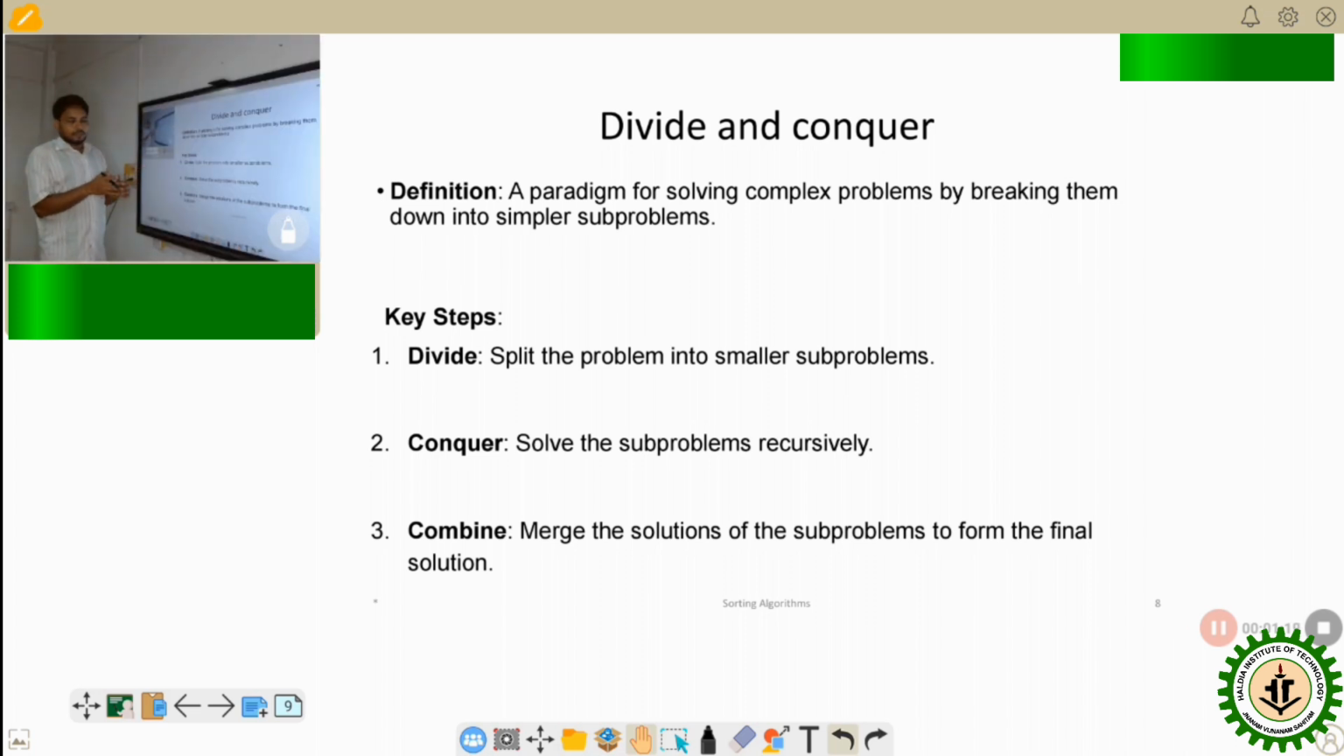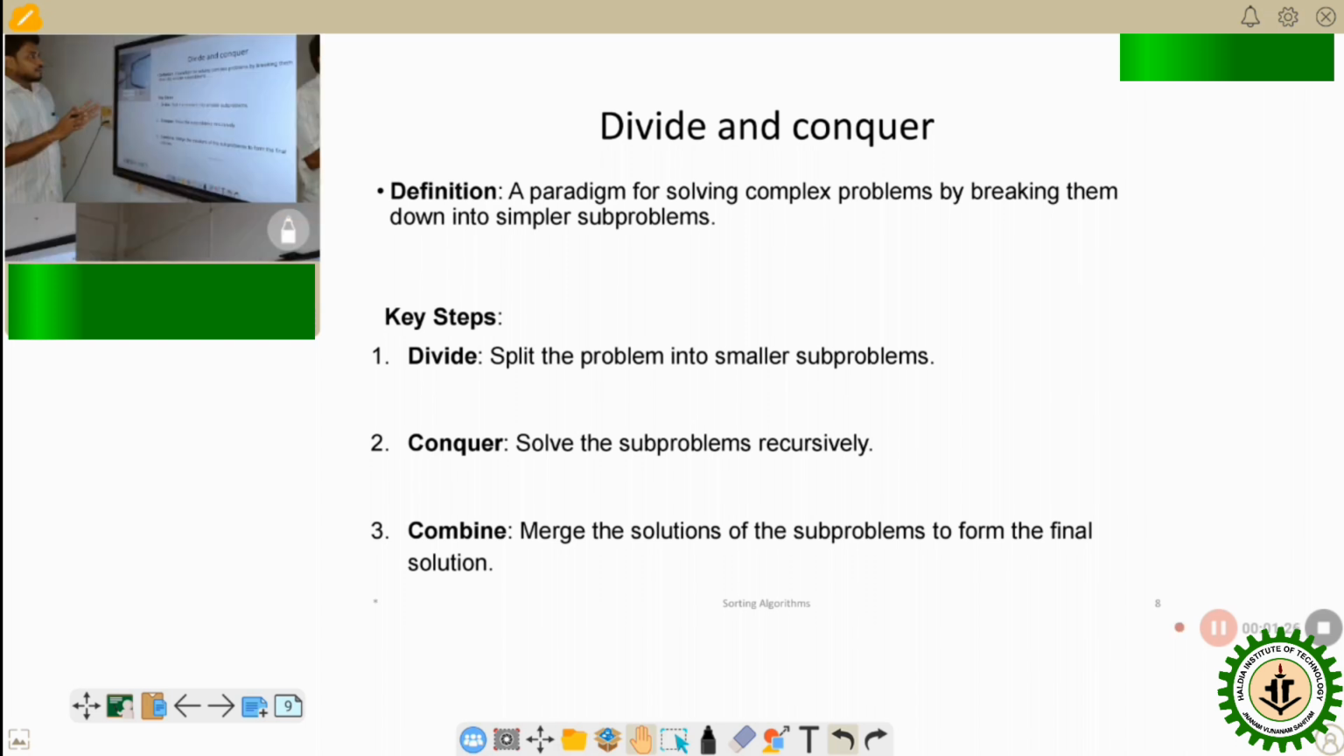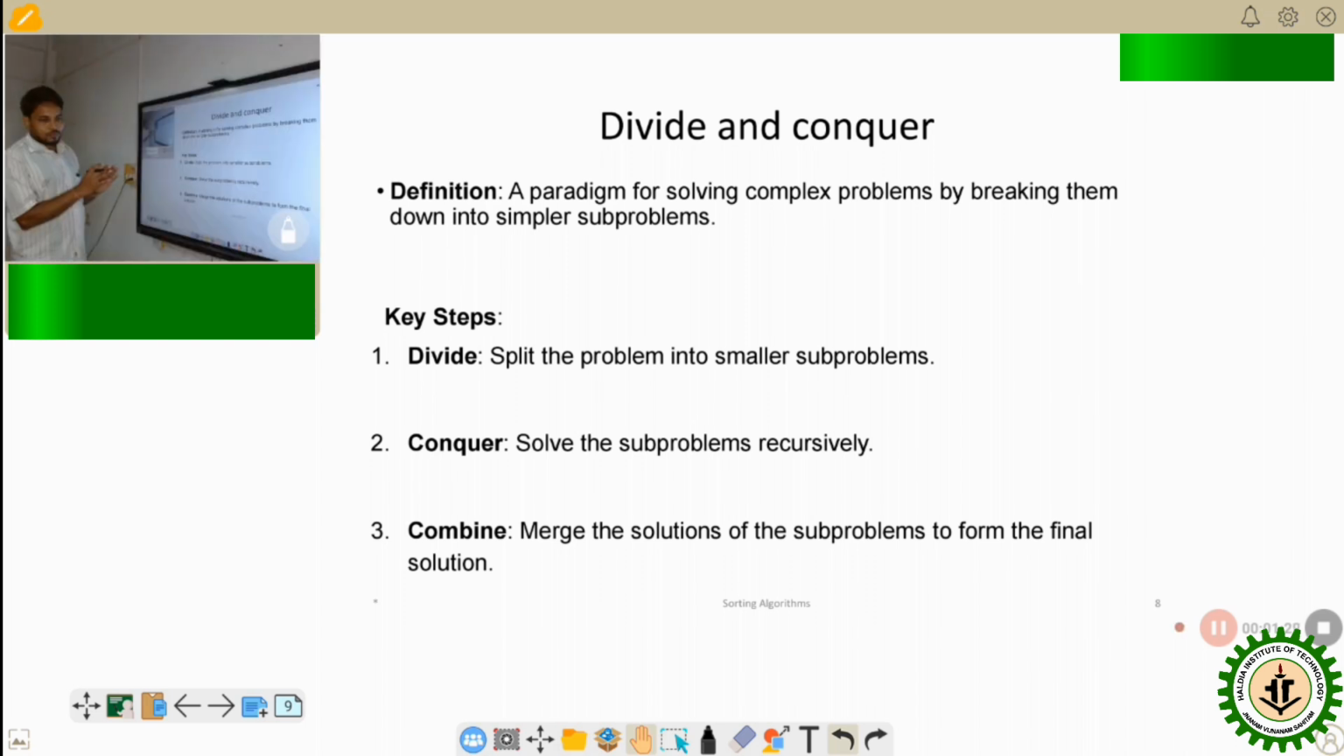From the name we can get that it solves the problem by dividing the problem and then conquering the regions. So the formal definition is that it is a paradigm for solving complex problems by breaking them into simpler subproblems. So, for example, if you have a list of 10 numbers, then at a glance you cannot